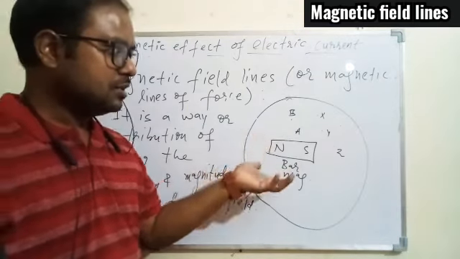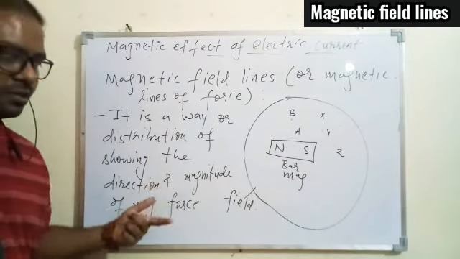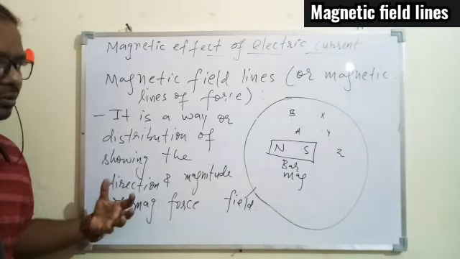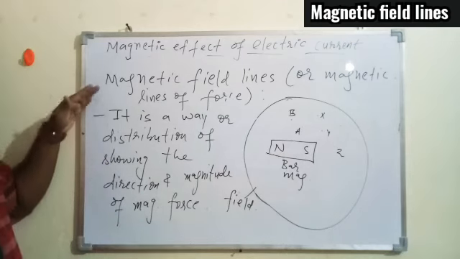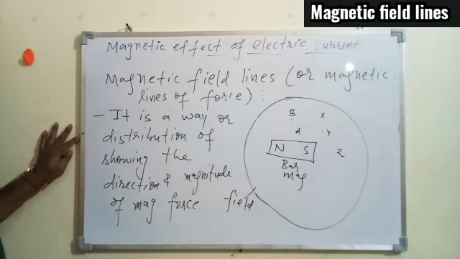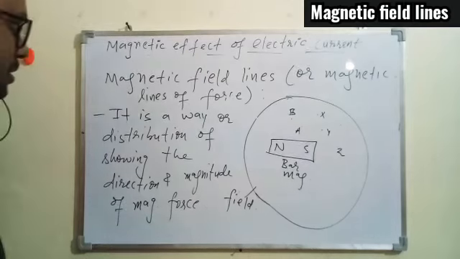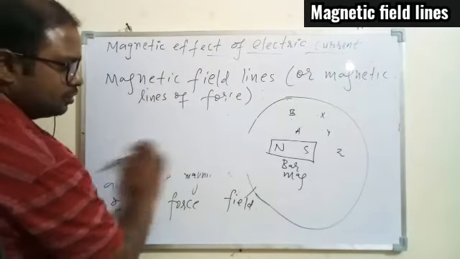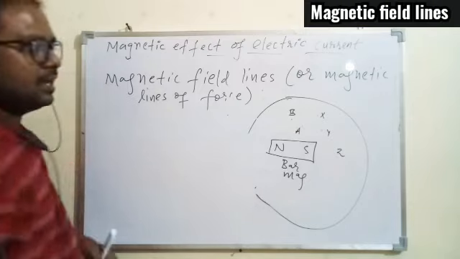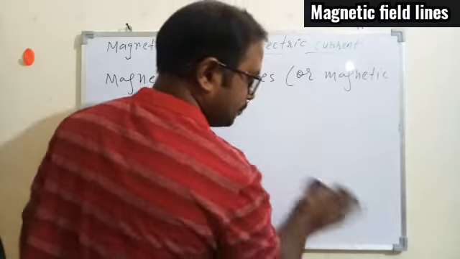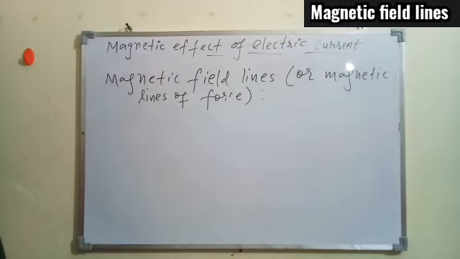So any point will have some magnetic force, it will have some direction, and that can be calculated, that can be shown, that can be understood with the help of the pictures called magnetic field lines. So basically lines are something we can see within the magnetic field. So more about this, let's understand the concept. So briefly we should know magnetic field lines are the way to see or to understand the magnetic force within the magnetic field.